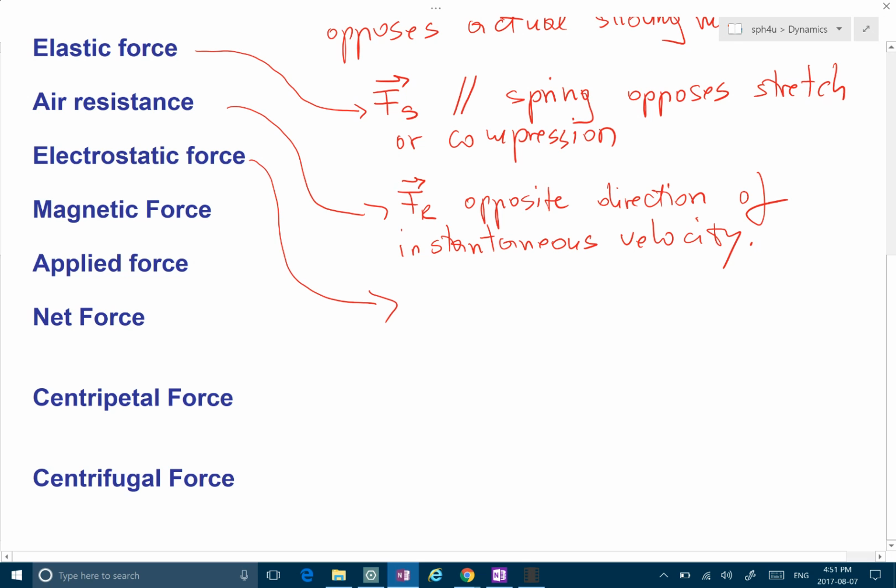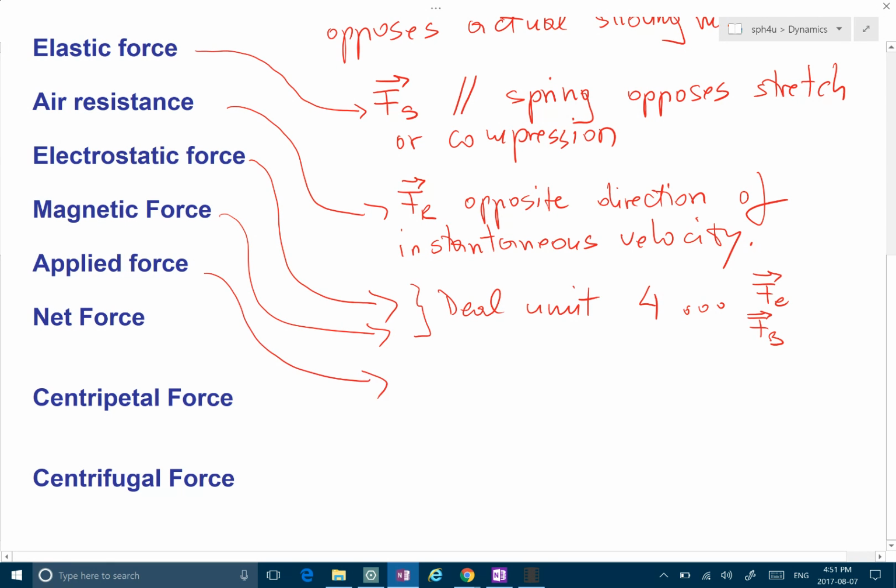Then we deal with these two in unit 4. Sorry, unit 4. So we'll leave it for then. However, one is Fe for electrostatic force, the other one is Fb for magnetic force, all right? Applied force is pretty much any of the above, all right? When we really don't care what is the actual source, we just call it applied force,